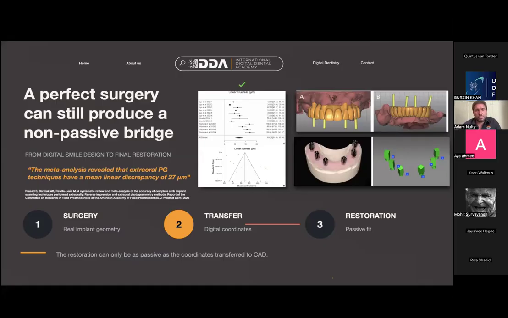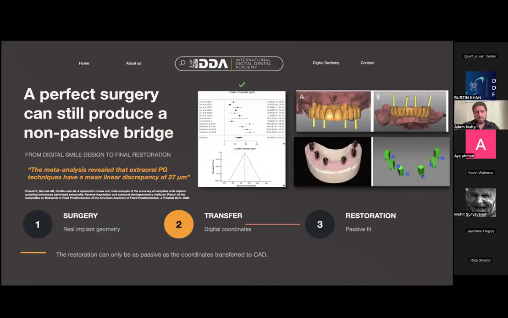And so the reality of all of these instruments, we need to understand where the errors are, and we need to take into account where the possible errors can come in the accumulation of the data sets, so that the end result can still be passive. And we need to understand what can go wrong in terms of passivity so that it's not just blamed on one thing or another. And I don't say that as an excuse mechanism for ScanLadder, because ScanLadder is in itself probably statistically exactly the same as this with photogrammetry. It's more the fact that there are different levels of accuracy that can be gained from the different components of